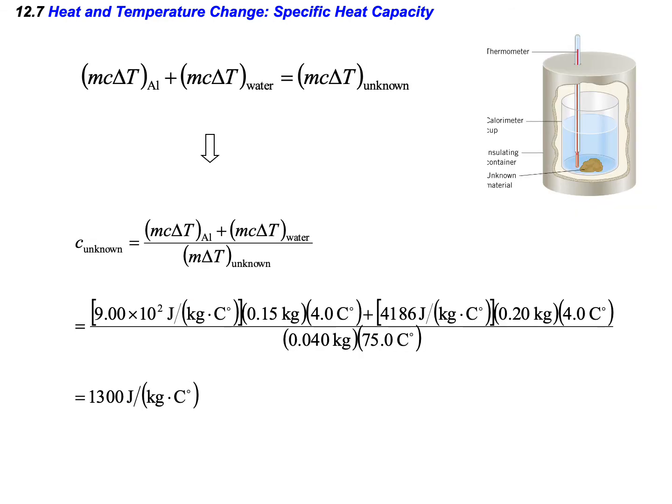Okay, here's the equation. Heat gain by aluminum and heat gain by water and heat loss by unknown, and then you have to solve for C, which is the specific heat capacity of the unknown, and it says 1300 joules per kilogram per